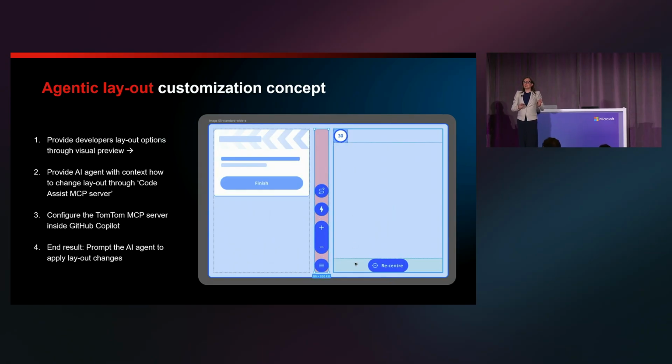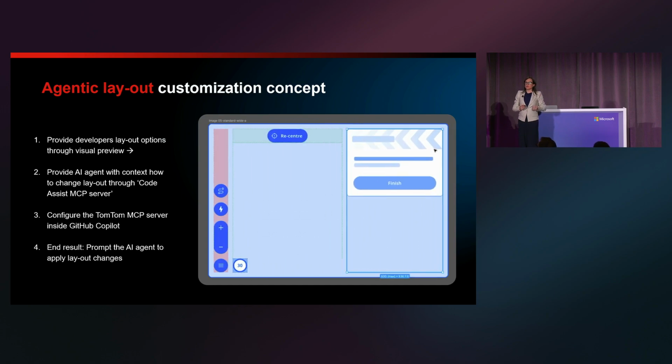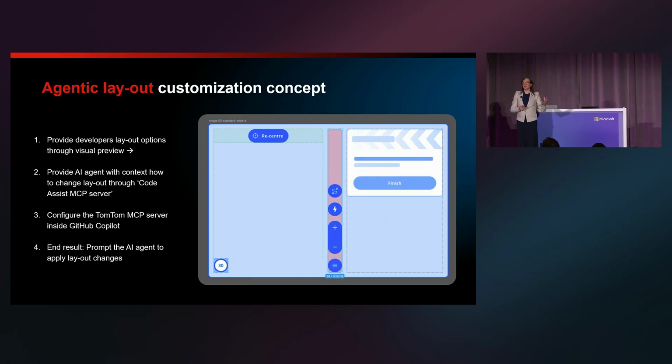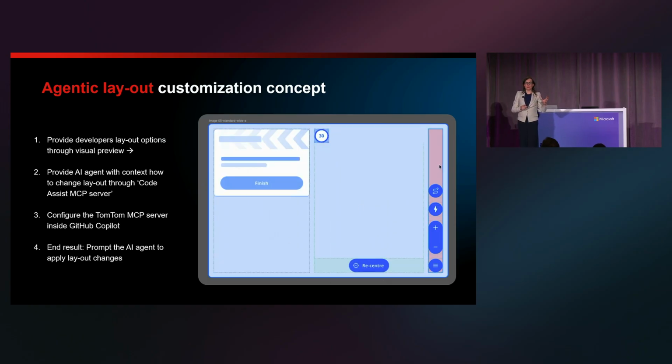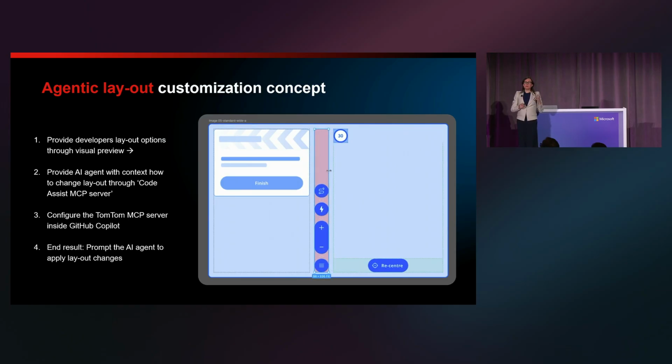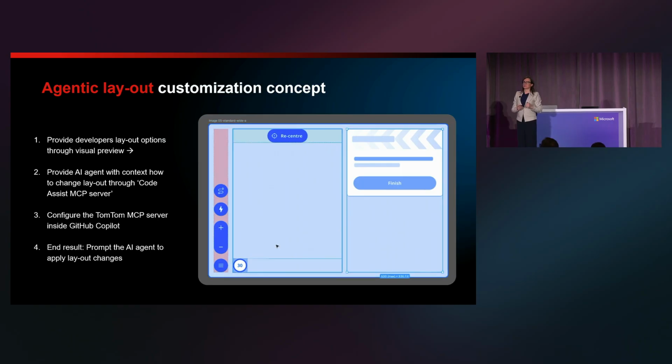And of course, we're asking ourselves what agentic capabilities can do with UX Library. So how can we give the agent the context to change the layout, to move the button framework from the left to the right, to add the arrival panel on the bottom of the screen, and maybe even to add a widget with all of those services that are needed, connecting with the other relevant dependent services under the hood.